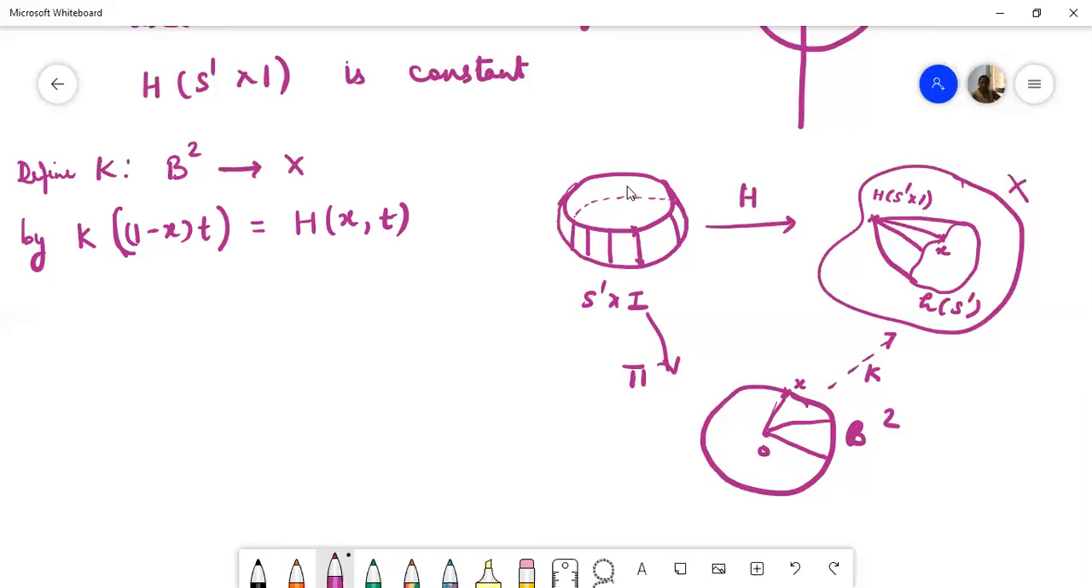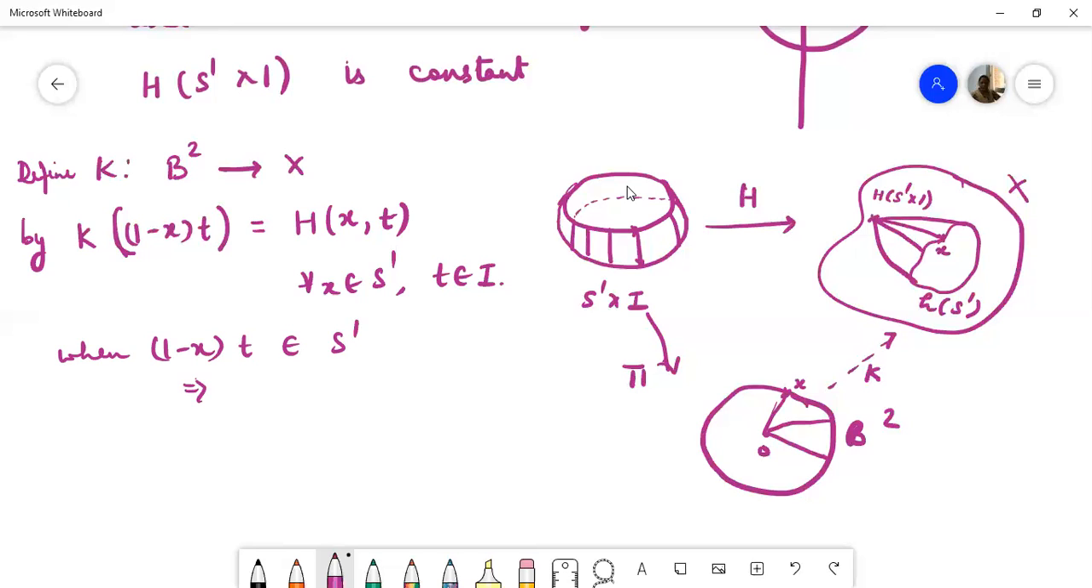Because we know every point of B2 is of the type (1 minus t) into x, where x belongs to S1 and t belongs to I. So this K is an extension of the given mapping h, and this is continuous also, because the capital H mapping is continuous and K is defined in terms of H, so it is a continuous map, and it is the extension of h, because when we take this point in S1,